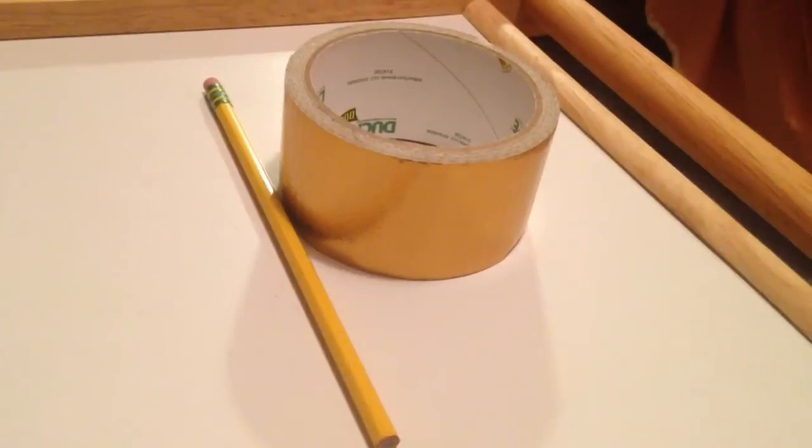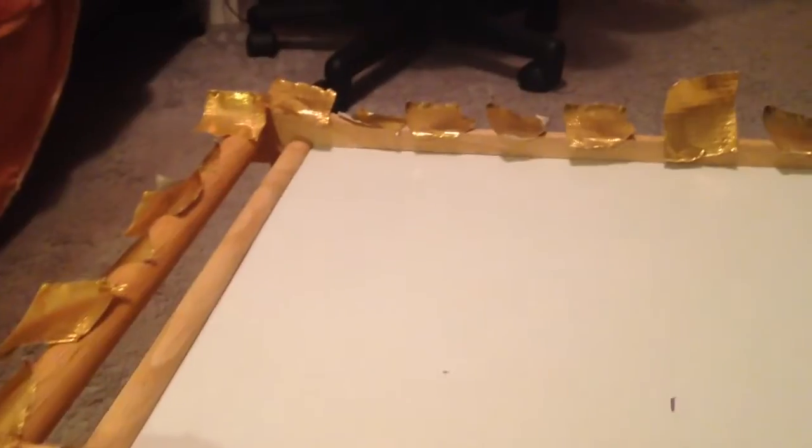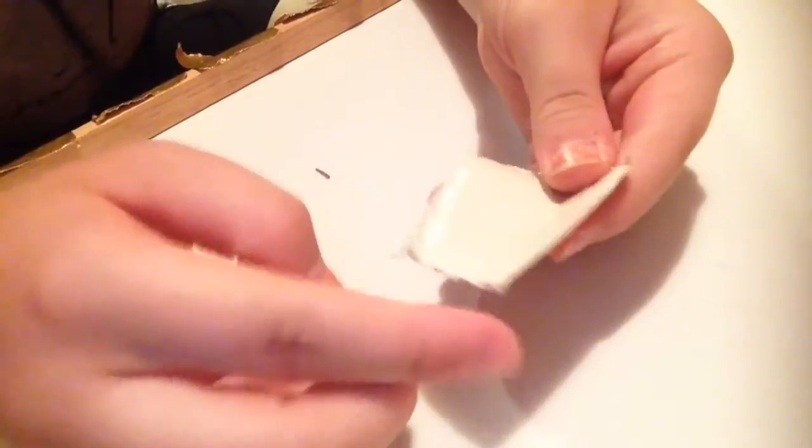All that you will need for this simple craft is duct tape and a pencil. The first thing that you're going to want to do is rip out 26 to 36 small pieces of duct tape, just a few inches, depending on how many layers you want to do and how many pieces you want in each layer. So next you're going to want to make triangles out of all of your pieces, and to do that, make sure that the ripped part is on both of the sides,